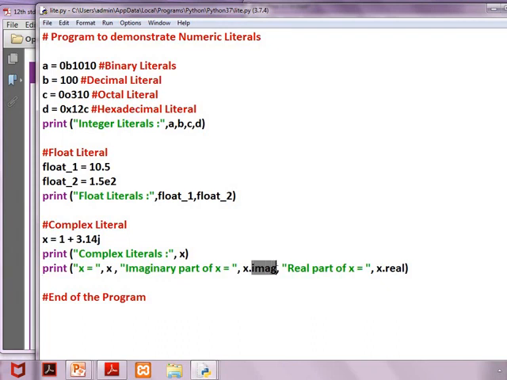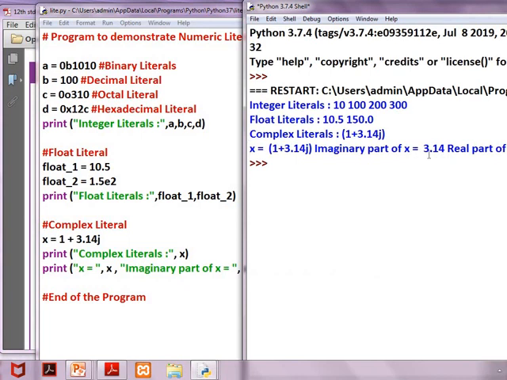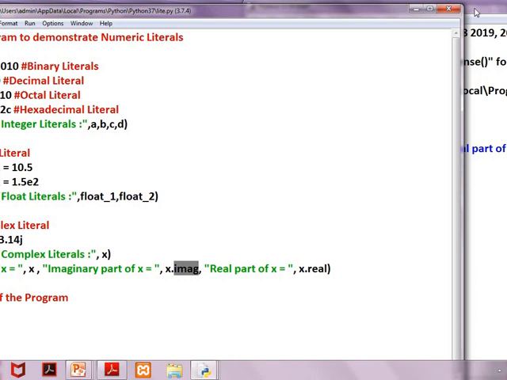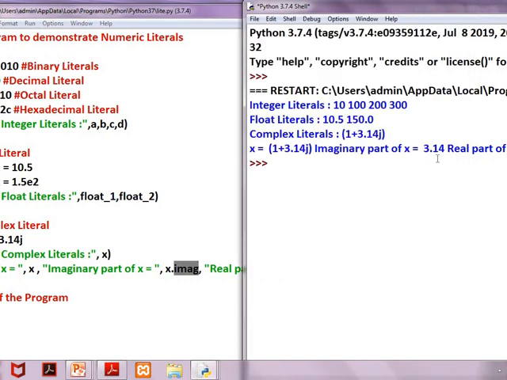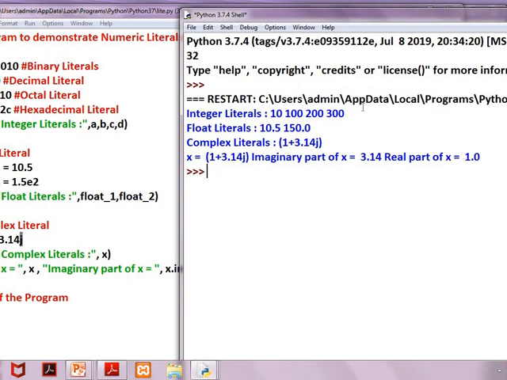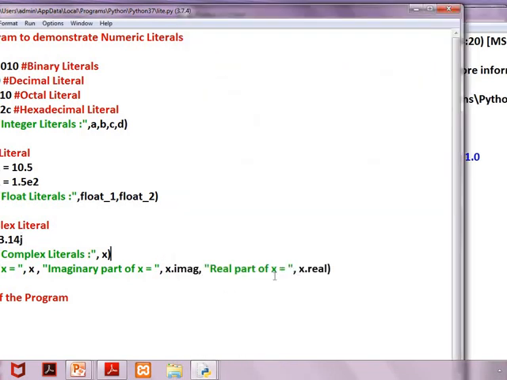They are using a keyword, imag, imaginary variable. So imaginary value is 3.14. How it finds means it is along with the j. So that is the imaginary part. Real part of x equal to 1.0, so real part of x equal to x dot real.